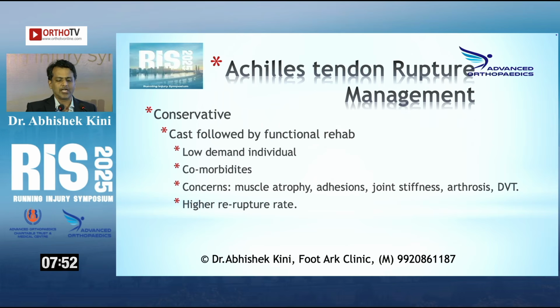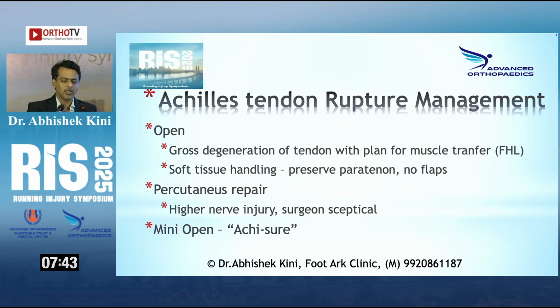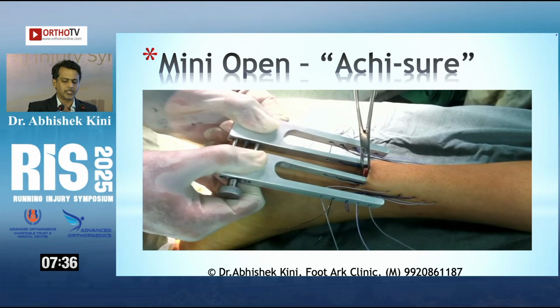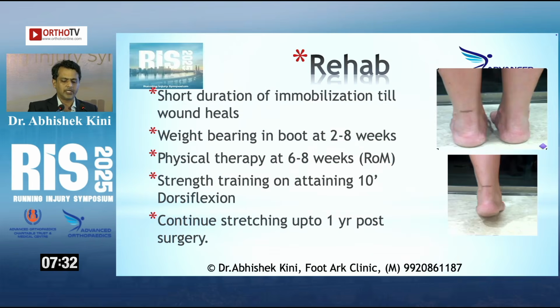Conservatively can be treated as long as it's fresh and the approximation is possible. Operative treatment has lower re-rupture rates and a quicker return to activity. It can be done open, percutaneous, mini open or arthroscopic. This is a mini open technique in which a jig is put in where the repair is done. Both ends are approximated and tied, and subsequently we have to aggressively mobilize them to prevent adhesions and get them back their entire range of motion of the ankle so that he can run back and put in his mileage as much